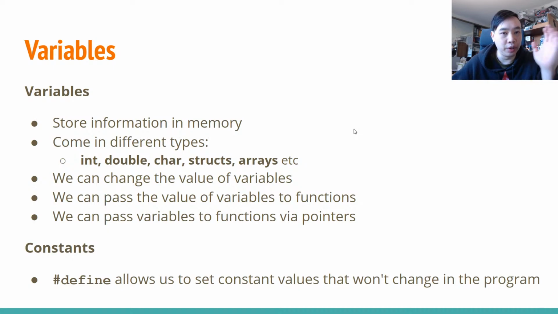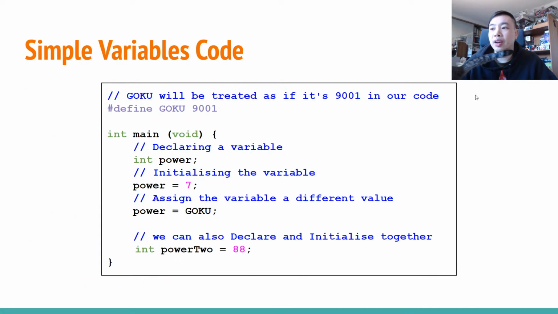Variables are things that are quite a lot more volatile, and they're going to change a lot more during the running of the program itself. Okay, really, really simple variable code here. I could define, and remember the naming scheme of how we define things, Goku as 9001. If you get it, you get it. If you don't get it,